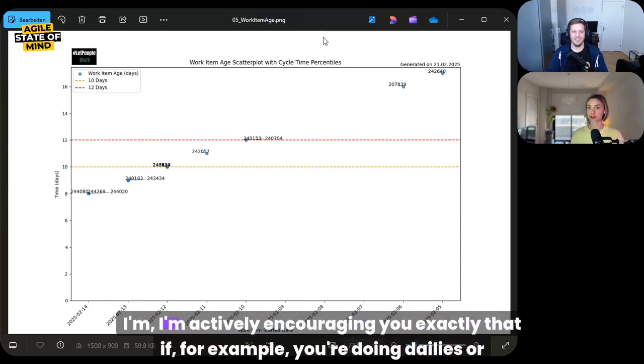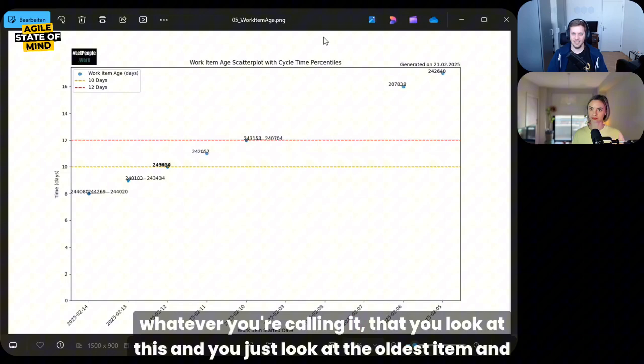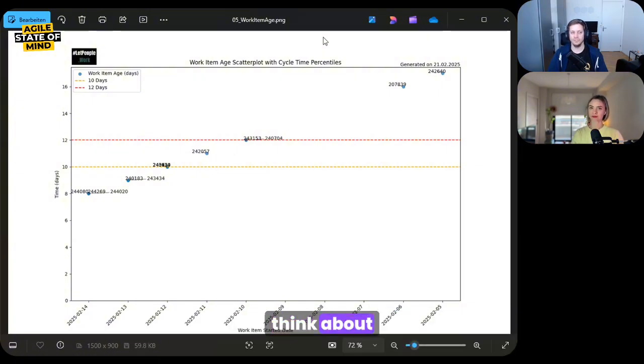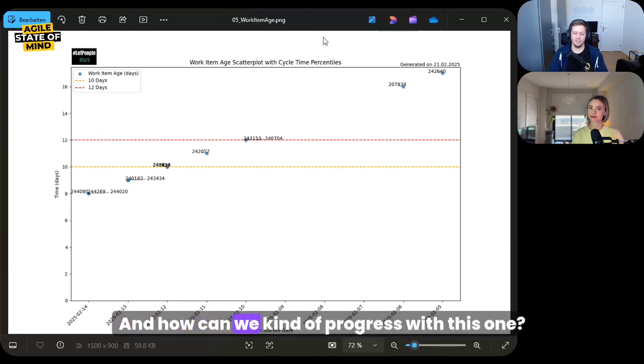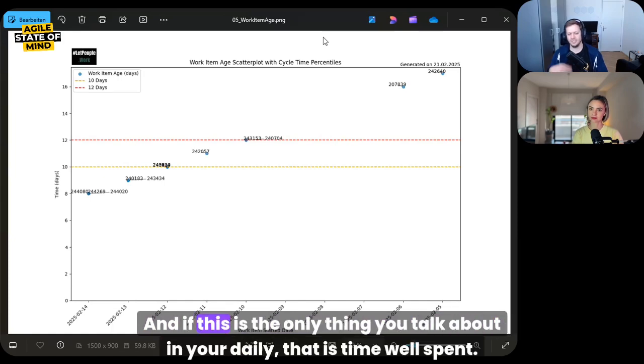So it's always actively there, encouraging you, exactly, that if you're doing dailies, or whatever you're calling it, you look at the oldest item and think about how we can close this today. Who is needed? What is needed? How can we progress with this one? If this is the only thing you talk about in your daily, that is time well spent.